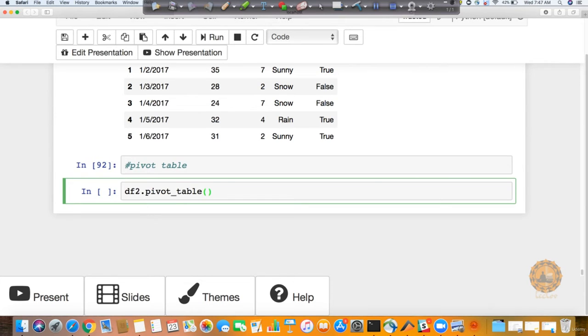Now for pivot table, what I'm going to do this time is define my values as temperature. I will explain what is happening. My value is temperature, and I'm telling it that my index, meaning on my x-axis, is event. So you can think of it like you are doing the group by operation based on event, and the operation you want to do on it goes in the aggfunc, the aggregate function. Let's say you want to do a mean. So you want the mean of column temperature with respect to the group by operation on event. This is what the pivot table is going to help you do.